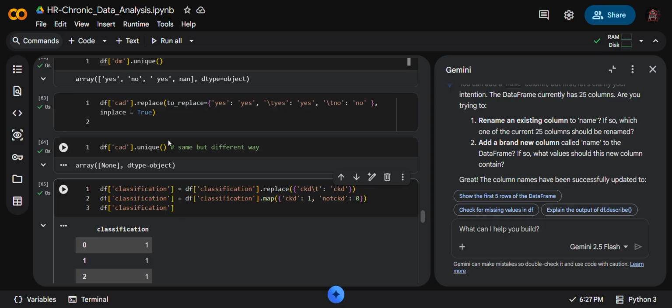Online, in Colab research, it's something like this. There is other software like VS Code, Cursor and Jupyter Notebook.